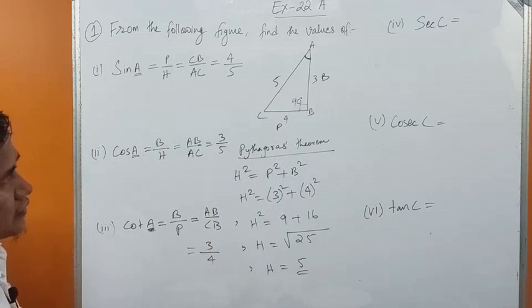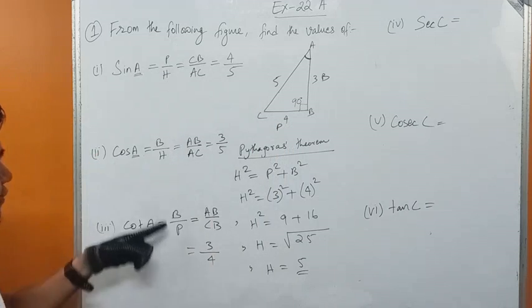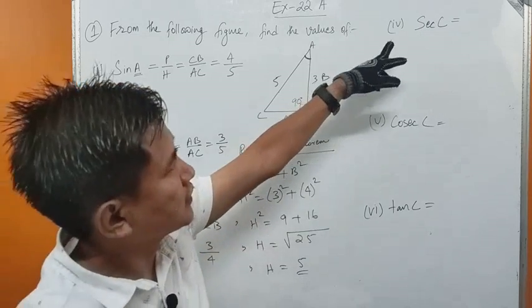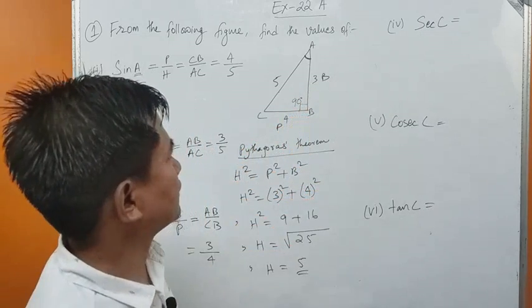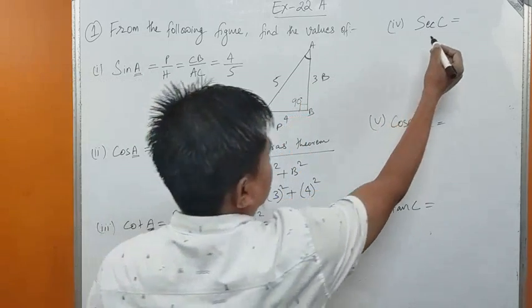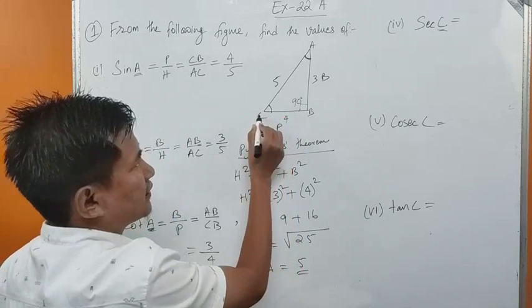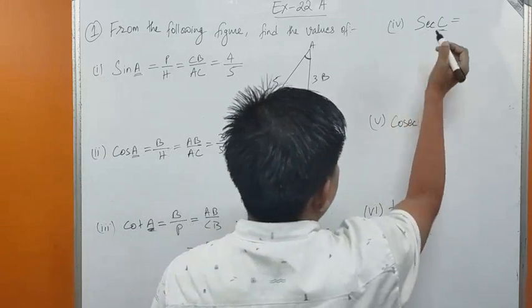3 upon 4, isn't it? So these are the values of sin A, cos A and cot A. Now let us find sec C, cosec C and tan C. Okay, now the angle is C. That means we must talk about this angle, angle C. Okay, so sec theta is